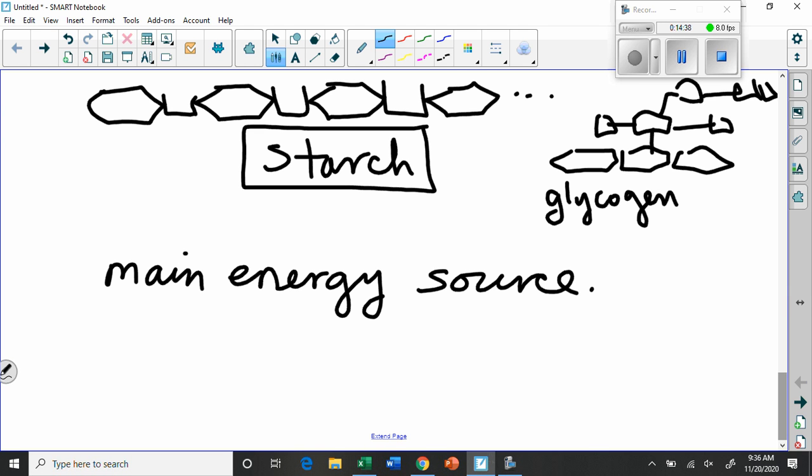So the main energy source are these sugars. However, the starches, of course, are like storage. So your body makes a starch, stores it, and then when it needs it, it breaks it apart again into the individual sugars, which then can go through the process of being oxidized, right? And of course, if we remember